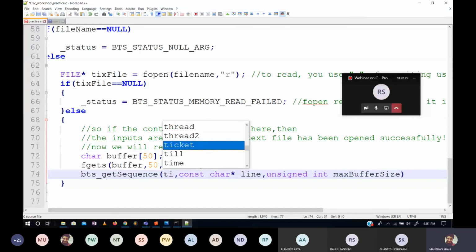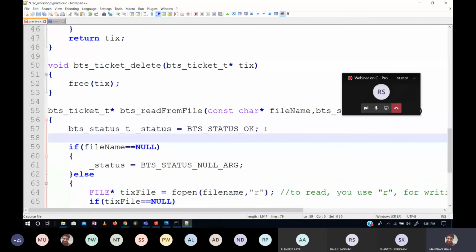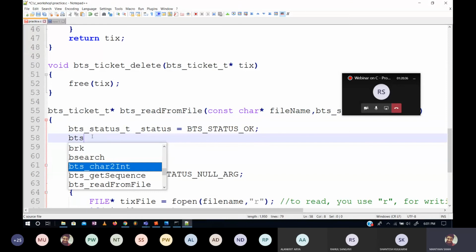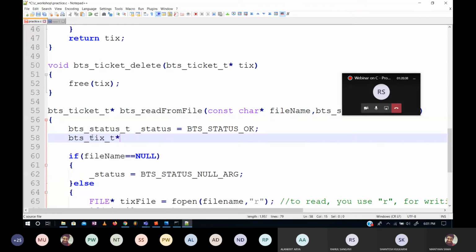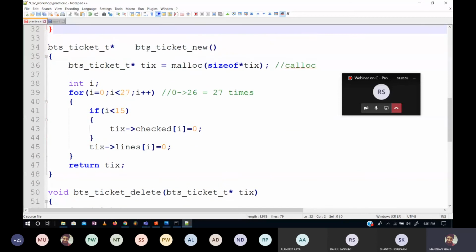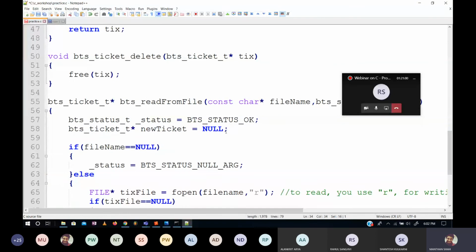My output here would be, did I create a text variable? Wait, one second. This thing is going to return a pointer, right? So I'll create a variable for that. And then I'll use this new function, calling it to allocate blank ticket memory here somewhere.